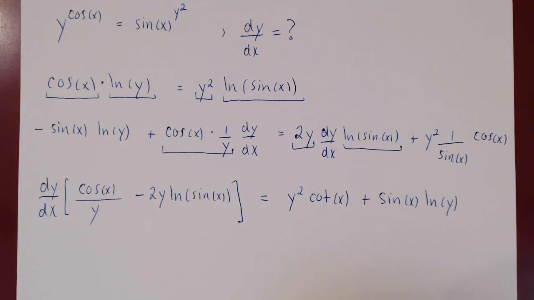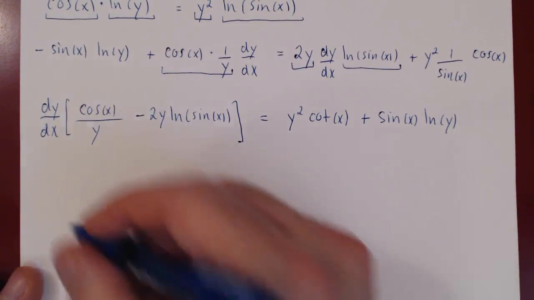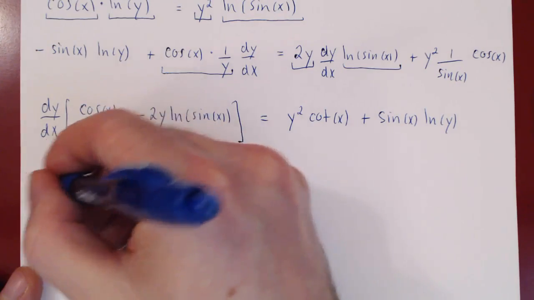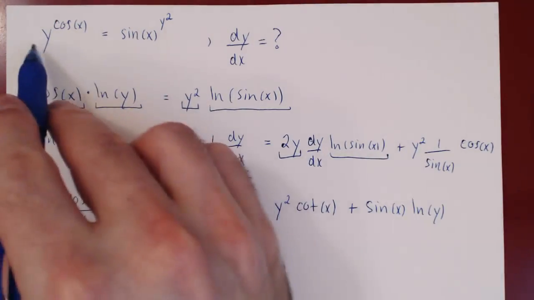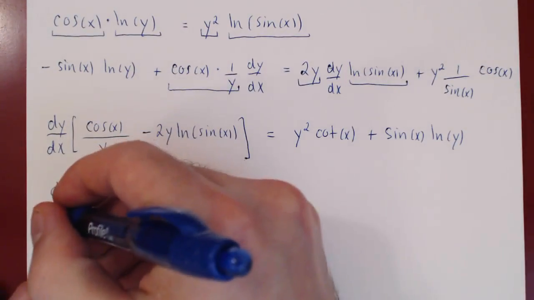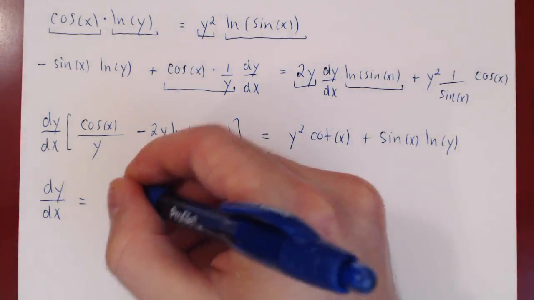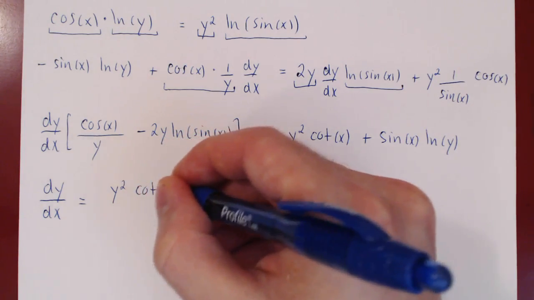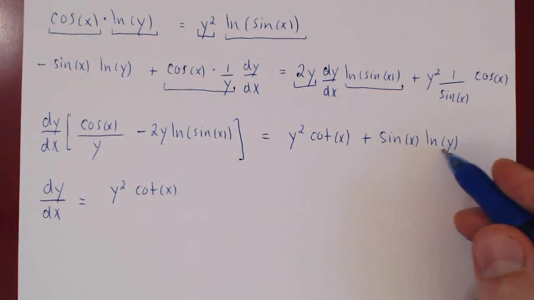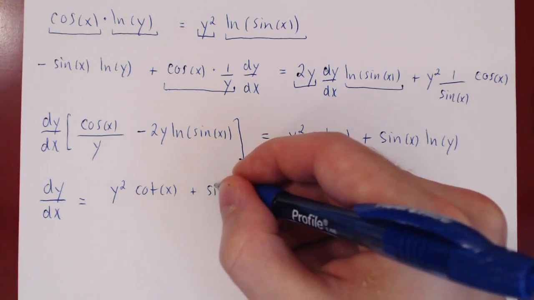And finally, we can solve for dy over dx by dividing across by this expression. And so we'll get that the derivative of the curve, given by this bizarre equation, happens to be equal to y squared cotangent of x plus sine of x ln of y